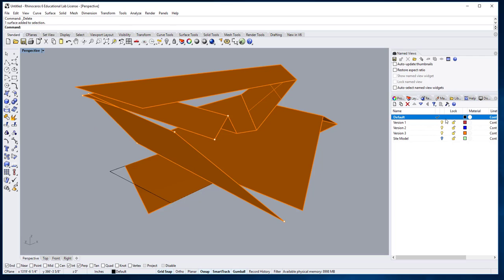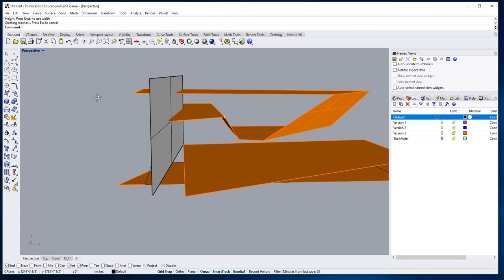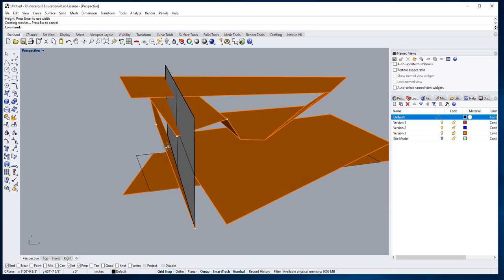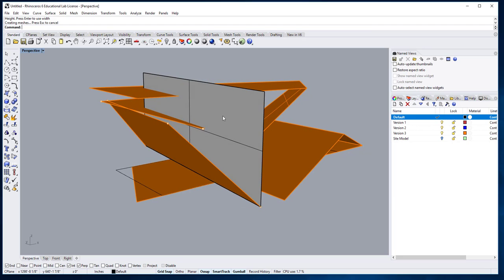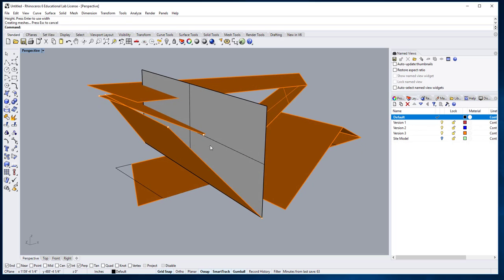And I'm going to make it out of the default layer. So I'm going to do a vertical plane from this point to that point. I'm going to let it end at this height, because that's the height. No, let's just do it higher. I'm going to go ahead and trim that guy. But before that, I need to get a line